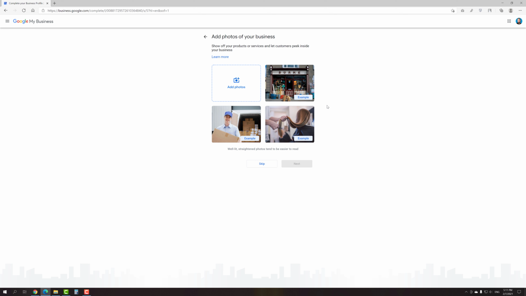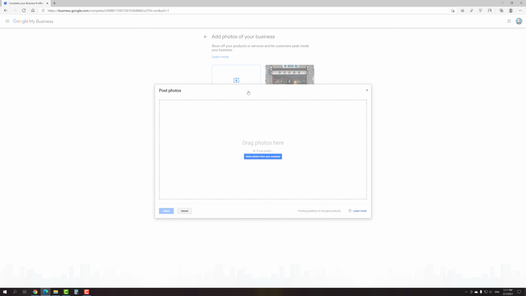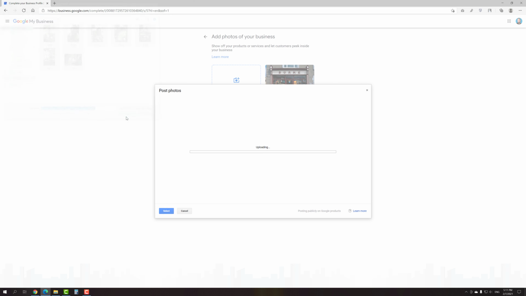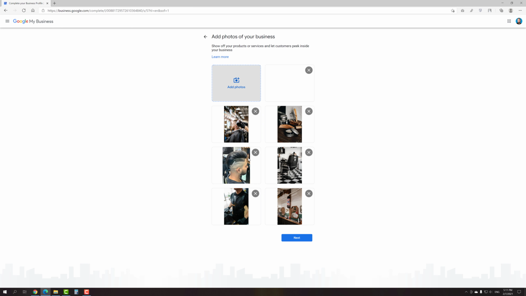Another crucial step is to add photos of your business. First of all, it helps to highlight the business features to attract and inform customers. And secondly, according to Google research, business profiles with photos have 2 times bigger CTR, which stands for click-through rate. However, pay attention that your photos won't show on Google until you verify your business, so I recommend you to do so as soon as possible.